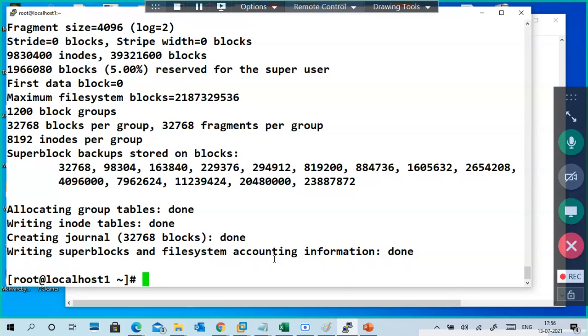The file system is created. Now create a folder. mkdir, whatever the folder name, slash your name or someone's name.